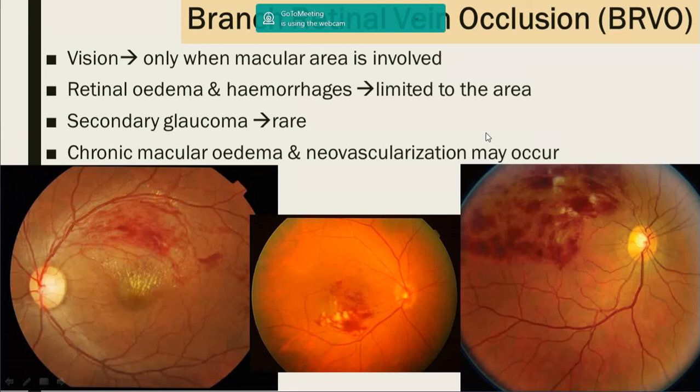Then we move on to the branch retinal vein occlusion. So I want you to look at the picture and tell me which of these has the poor visual acuity or poor vision, or which of these cases has a better visual acuity, whatever you choose to tell. Anybody who can answer? Let's label them as 1, 2, and 3. Which of these pictures has got better visual acuity? Can anybody answer that?